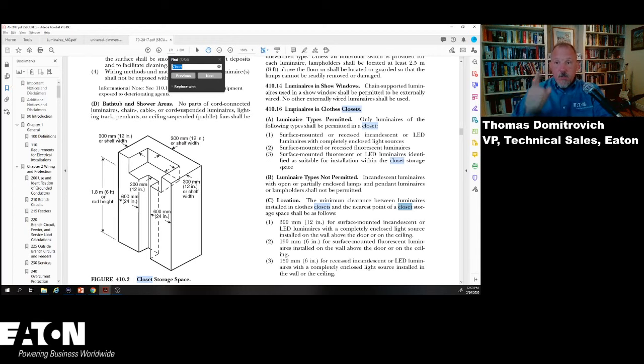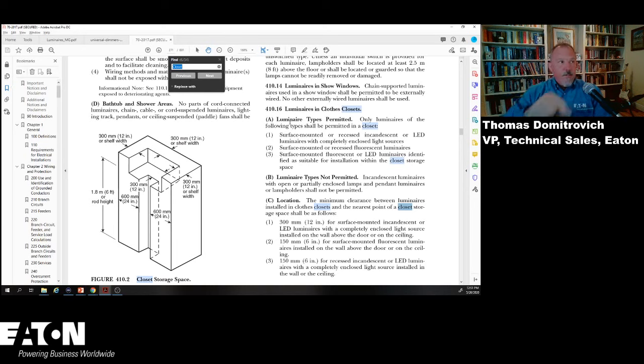Now, I don't disagree with you, Dawn, but I would argue that even in the 17 and earlier versions, we still didn't have that requirement that we see here. So I would argue that we've never had a requirement for those types of applications, and this really solidified. If there was ever any debate, if you had a closet that was for linen, sheets, and towels, you could probably make an argument